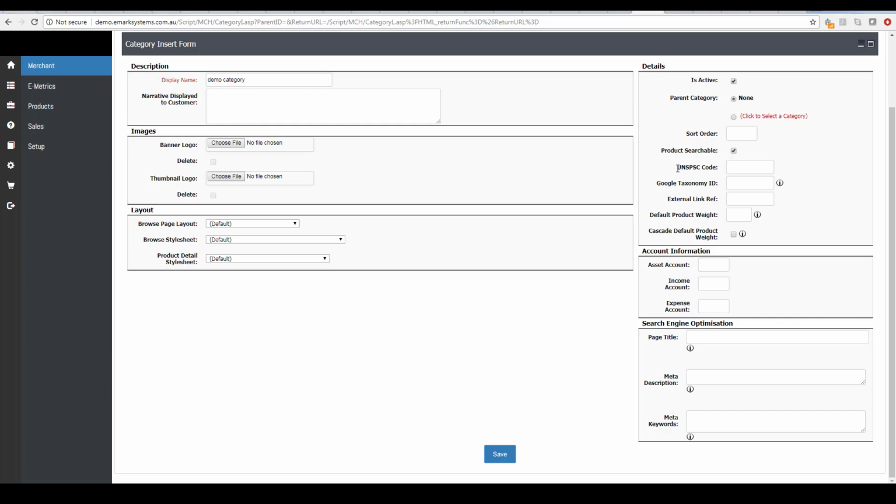We have a standard field for the UNSPSC codes. We also support Google Taxonomy IDs. The external link reference allows us to put any IDs in there that are required for other systems that we're potentially integrating with. The default product weight can be used to populate a product weight for any products inside the category that don't have their own weight. And then the next checkbox allows us to decide whether this should cascade through to any subcategories as well. We then have asset, income and expense account codes, which can be used for any integration with